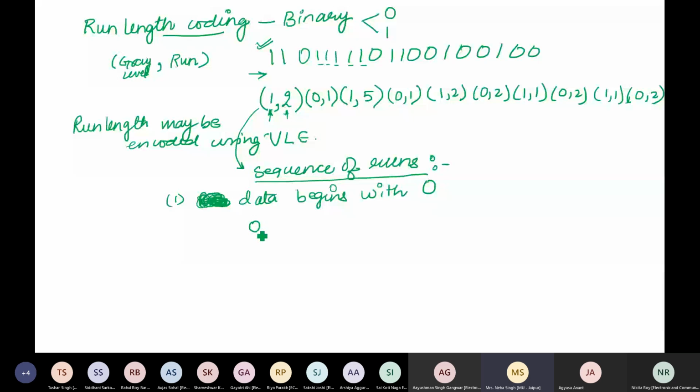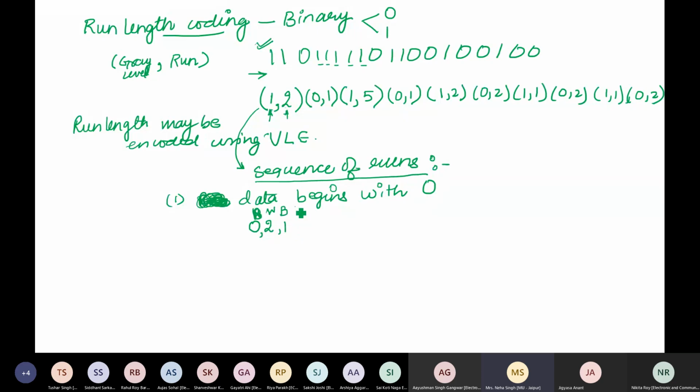Then definitely when I have specified the run length of 0, then the run length next would be defined for 1. If 0 had continued here, I would have counted it in the length. But now the next value is 1. So how much is the run for value equal to 1? It is 2. Followed by 1. Because this is white. This is black. Run of 0. This is white. So this definitely represents black. The color has changed. Right?